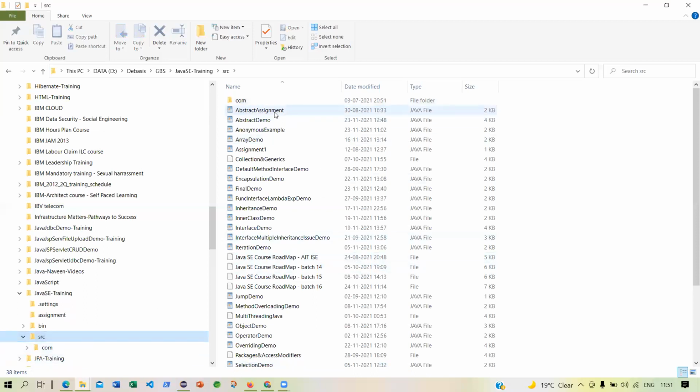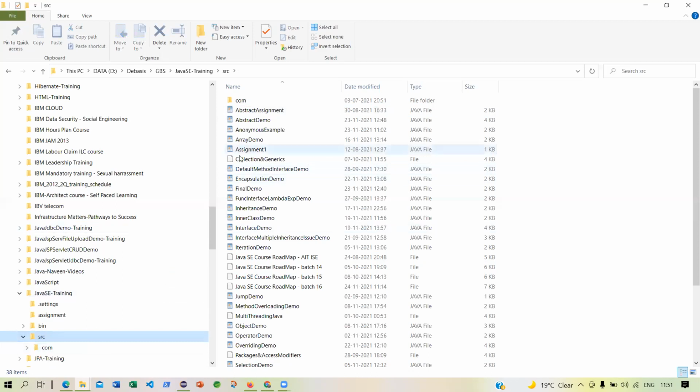I'm saying that abstract assignment.java, where is this? In which package is this? No, you are again confusing. See, I am in the source folder. I am not in any package right now.